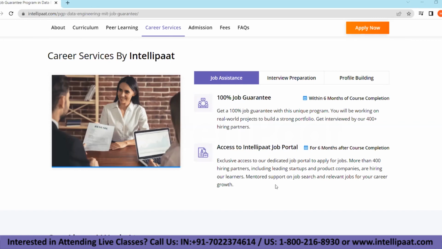Once that is done, we will share your resume with different tie-ups that we have. Okay, and according to your preferred location of work, let's say your preferred location of work is Bangalore, Chennai, Hyderabad, Mumbai, Pune, Gurgaon, Noida, Delhi, the metro cities of India. So whenever there is a position which is open, we will notify you and you can go and attend the